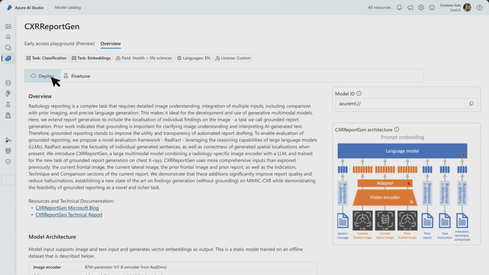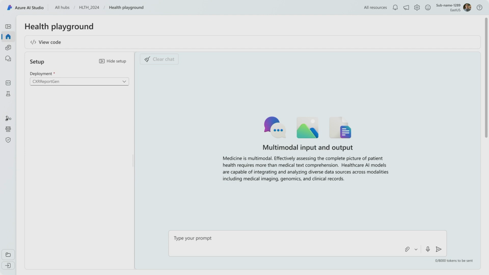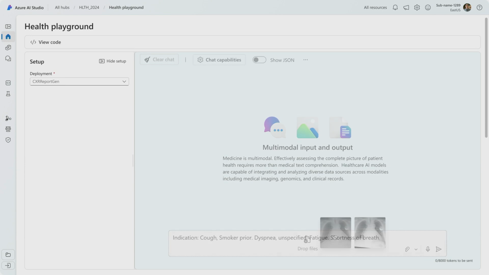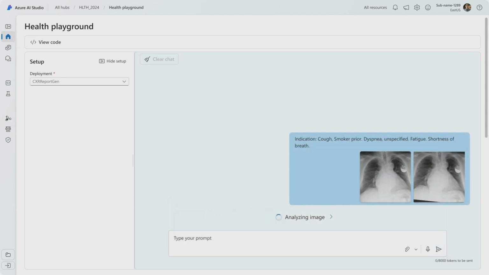These models can be easily deployed, and you can play with them in the playground. You can test them, make sure you're good, and then deploy them in production, with the same scenario that we talked about, where the doctor can input the patient's observations into the prompt and get better results of what the model can find that it may otherwise not have found.